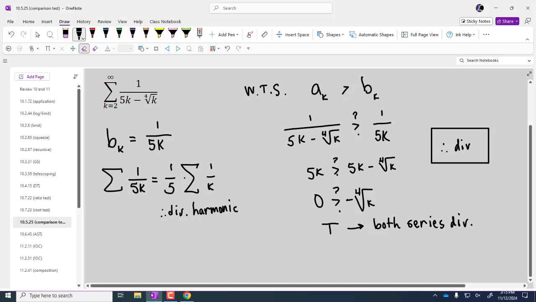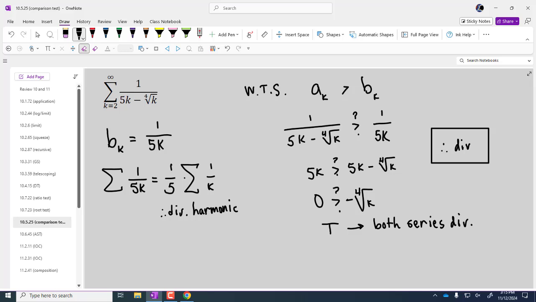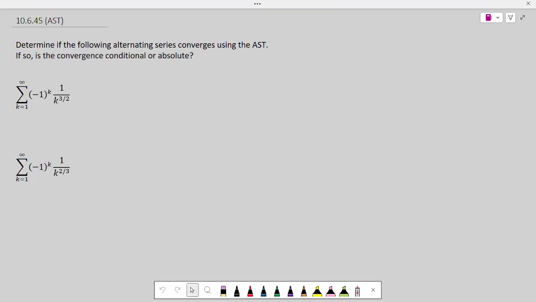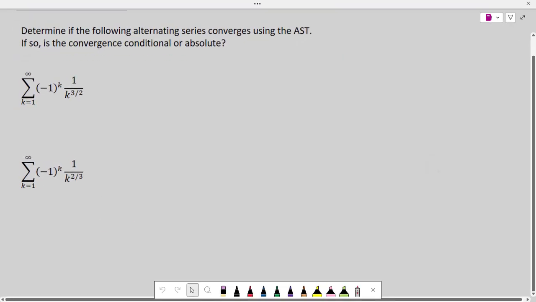So if that's true, both series are doing the same exact thing. Both are diverging. All right, let's get down to the AST, alternating series test. So the alternating series test, that one is one of the easier tests to implement